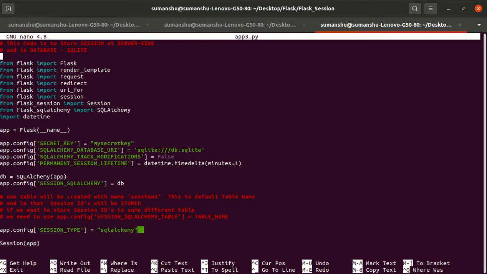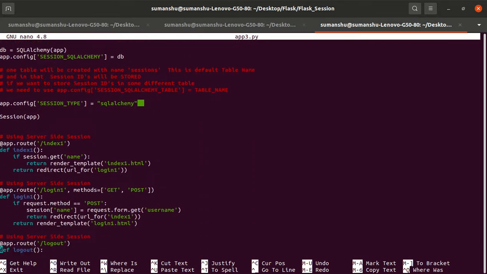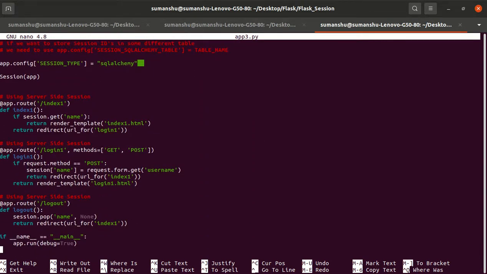In the second code, I use the concept of session, but I store the session within the browser. In the third, I store the session on the server, on the file system, and in the fourth code I store the session in a database, also on the server. Everything else is the same.